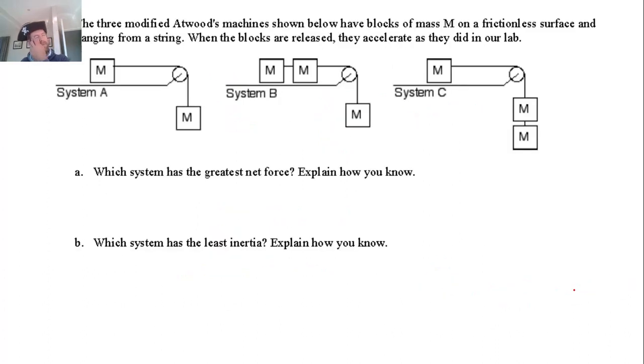Okay, these ones get a little bit difficult, but not the end of the world. Three modified Atwood machines have blocks of mass m on a frictionless table, with hanging blocks. Assuming the blocks are released and accelerate as they did in our lab, which system has the greatest net force? So if you think of the whole system,